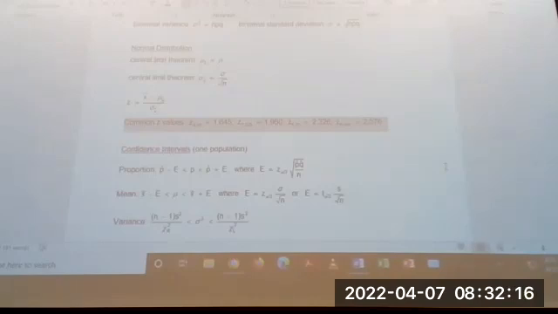Look in the formula. Where do the number of trials go? In the denominator. How do I make this number smaller? By making the number of trials bigger. So when we talk about things like opinion polls, how do I make my error smaller? By making the sample size bigger. That's the only thing you have total control over. So if Rosalind only had time to shoot 3 free throws, our confidence interval is going to be really wide.